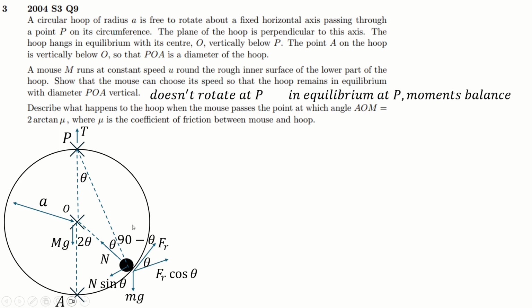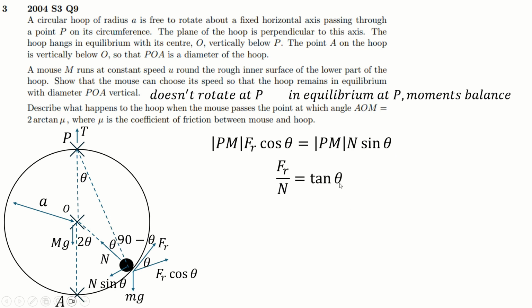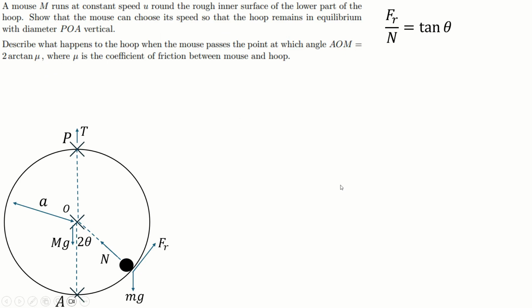You could also just place N up here maybe, and say going across is opposite theta, so that's going to be sine, but it's up to you how you do that. But anyway, we can resolve forces like this. The distance from P to the mouse times this force must be equal to the distance from P to the mouse times this force. Of course, the distances cancel, and we can rearrange that just a little bit and maybe end up with something that looks a bit like this, and I'll pop that at the top up there. Because now we're being asked to show that we can choose its speed such that